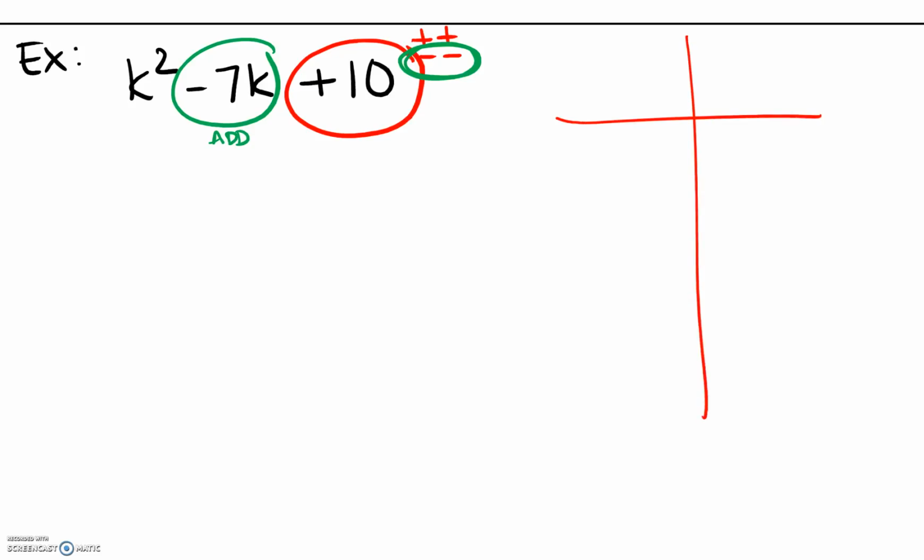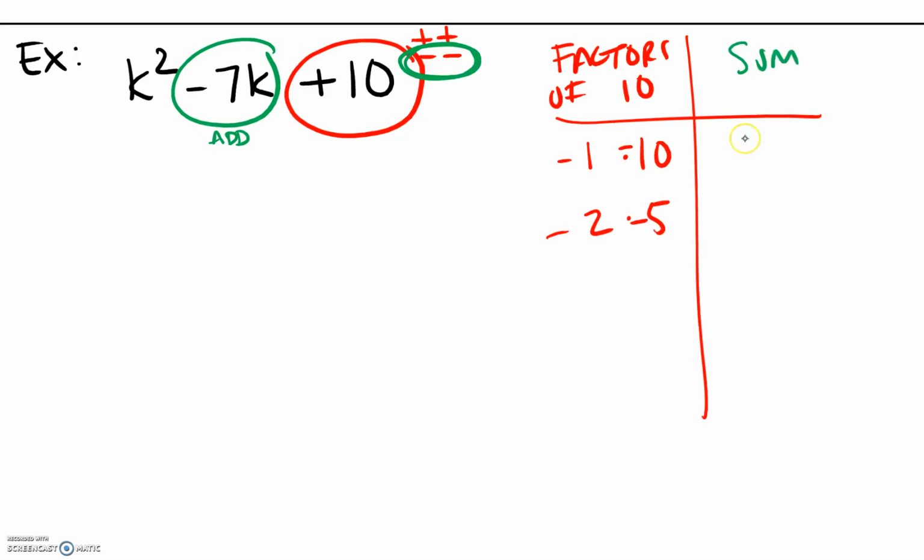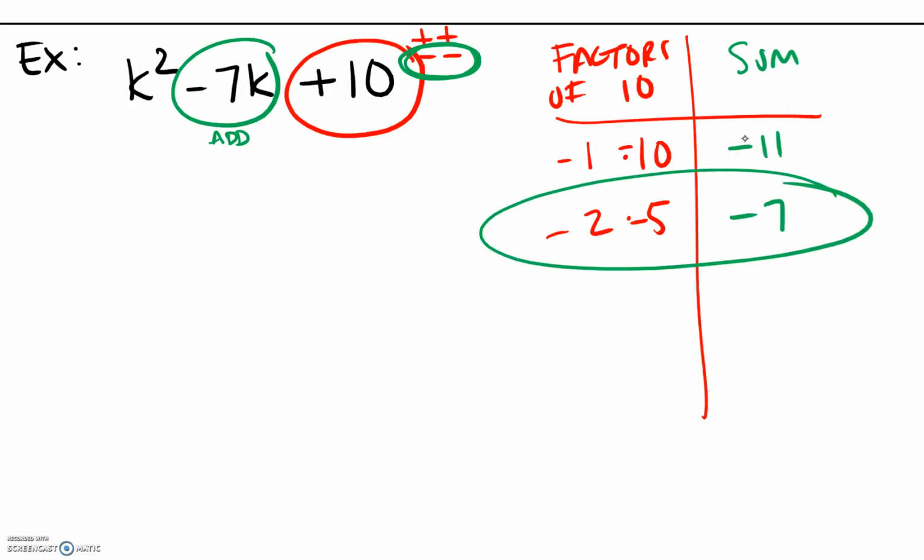So we start here and we go, okay, we need our factors of 10. We know that they're both negative. So we have 1 times 10 and 2 times 5. Knowing that both are negative, we can check our sums. Negative 11, negative 7. This is the one we needed. We're done. Well, not done. We have to write this, but